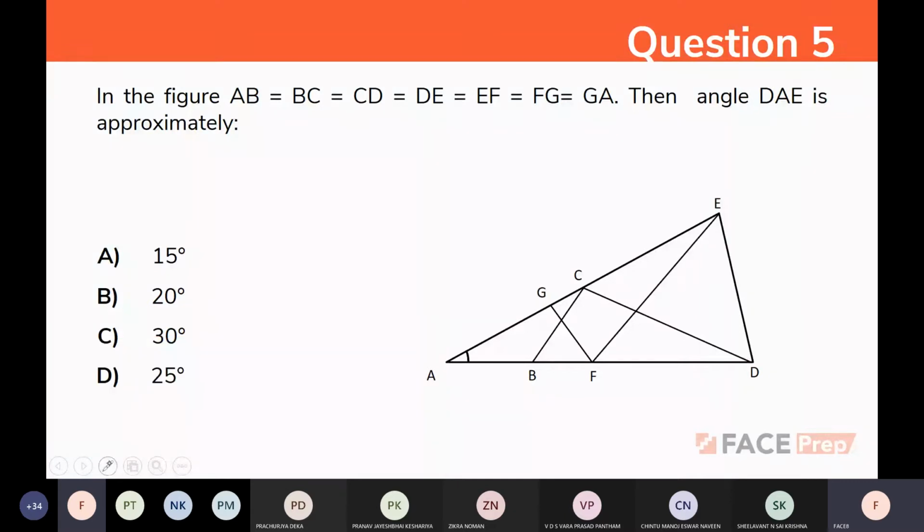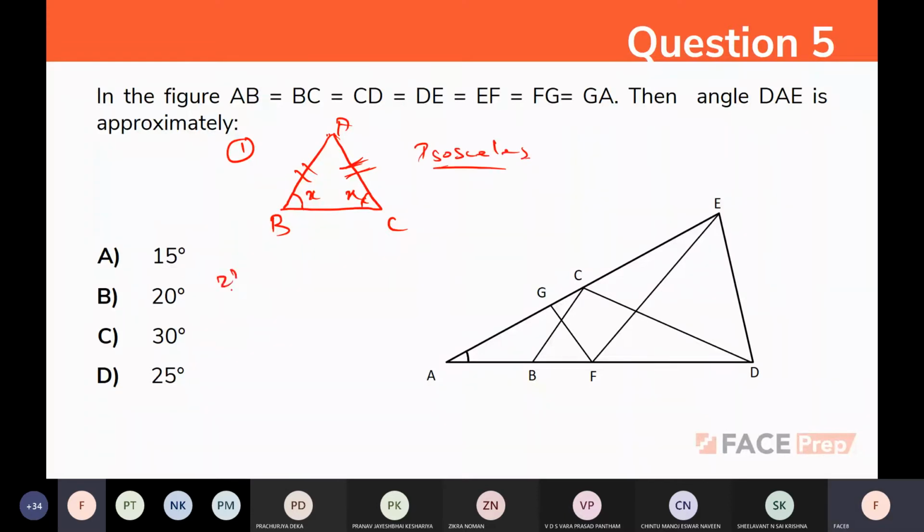The first rule is the isosceles triangle rule. If you know what an isosceles triangle is, that is the first rule. In an isosceles triangle, two sides will be equal and the two base angles will be equal. If it is x, this also will be x. So this is the first rule, the isosceles triangle.